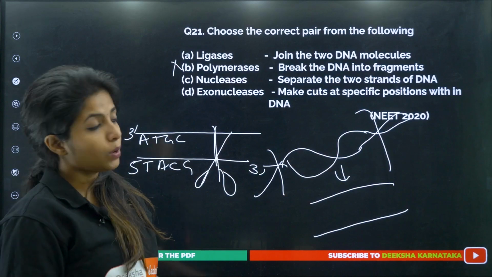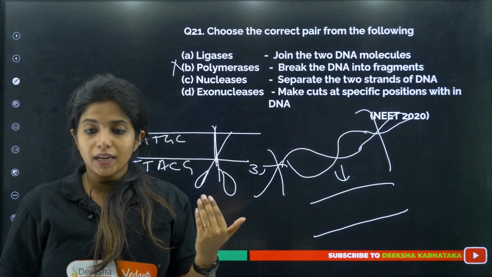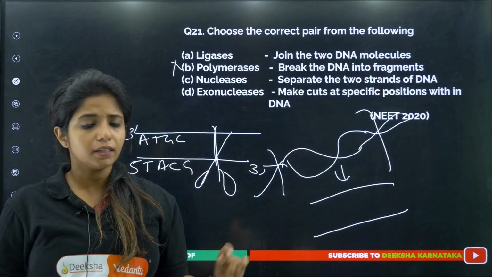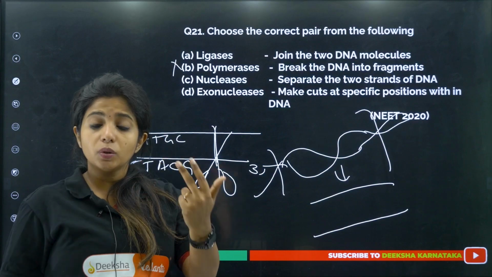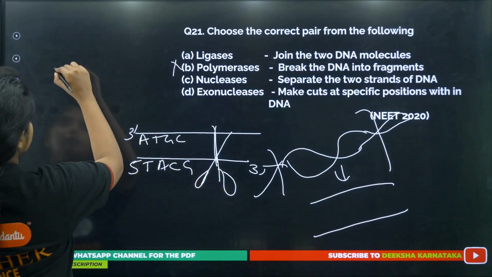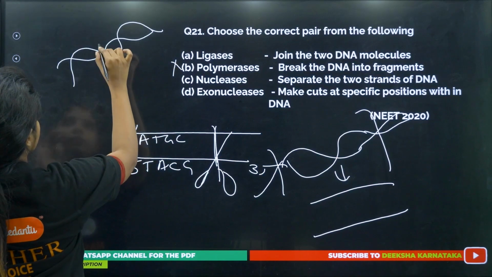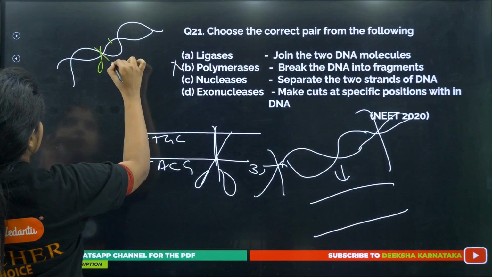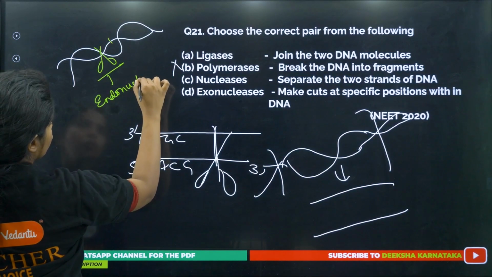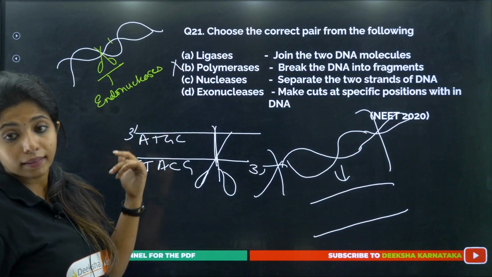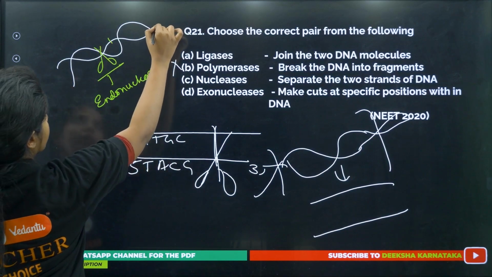Now, exonucleases make a cut at a specific position within the DNA. So nucleases, as I said, are the enzymes which cut the nucleic acid. It can be DNA, it can be RNA. They are of two types. One is endonucleases and the other one is exonucleases. So endonucleases, if you see, for example, this is the DNA. I'll make it properly, and I want to cut it over here in the middle region. So this is done by endonucleases. On the other hand, if I want to cut it over here at the tips,